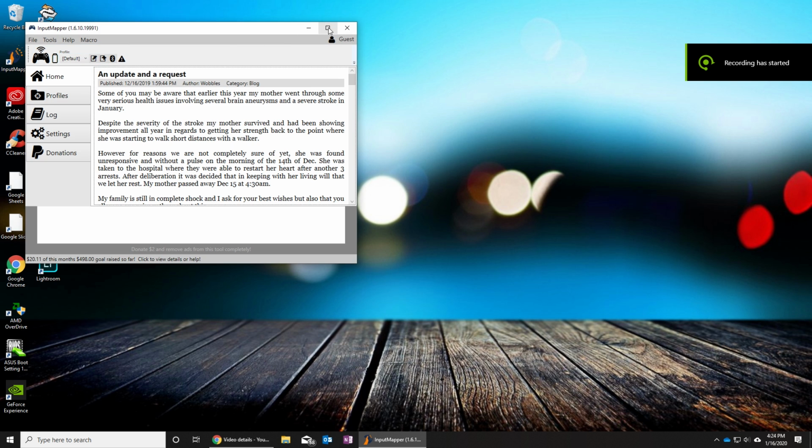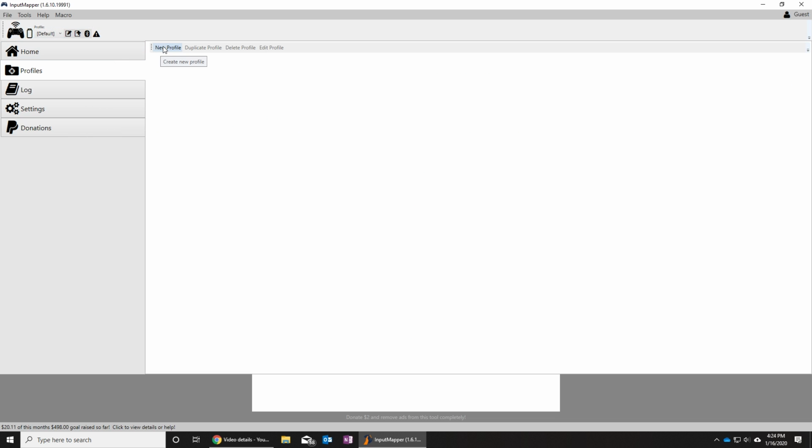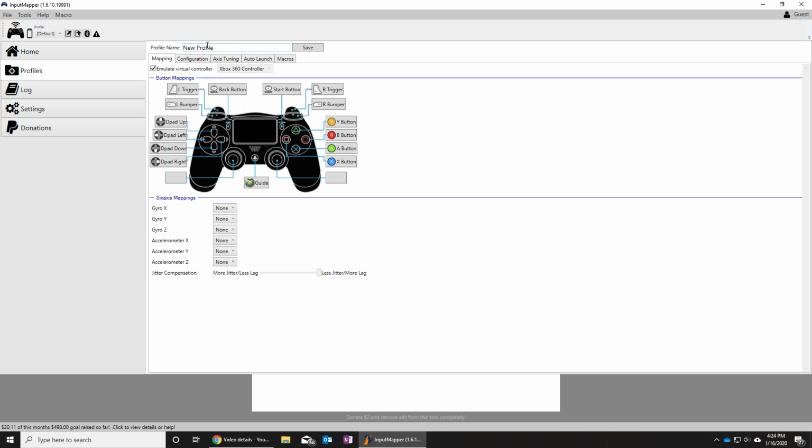So inside the app, you can also change the key bindings of the controller. So to do that, you can go over to the Profiles tab and go ahead and click on New Profile. So you can rename it up here or just leave it as New Profile. So we can just say Profile 1. And then you can hit Save. Now for mapping, you can go ahead and